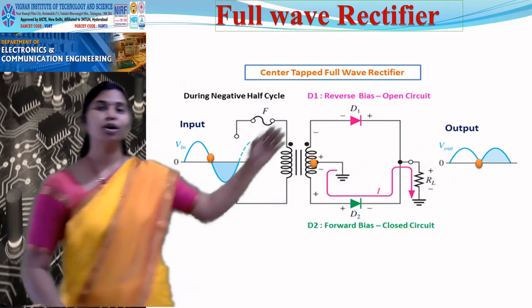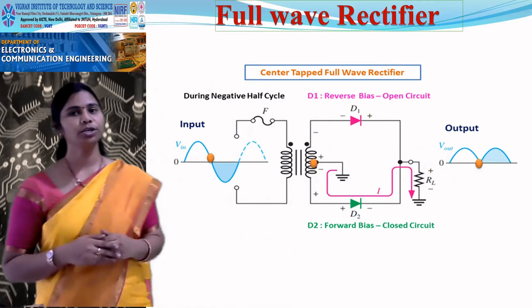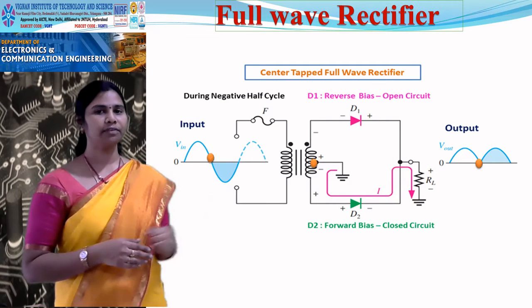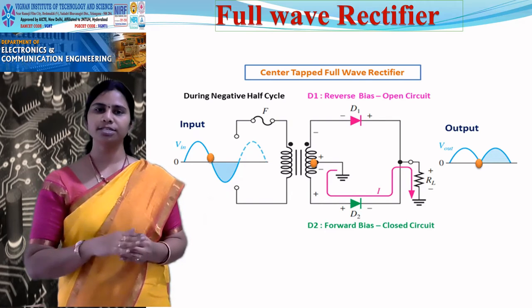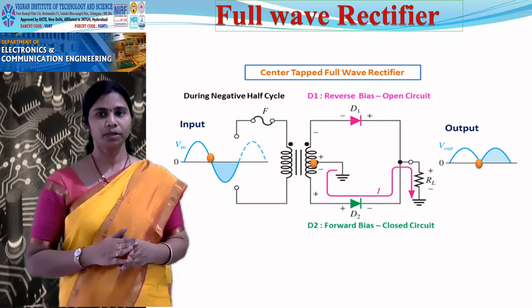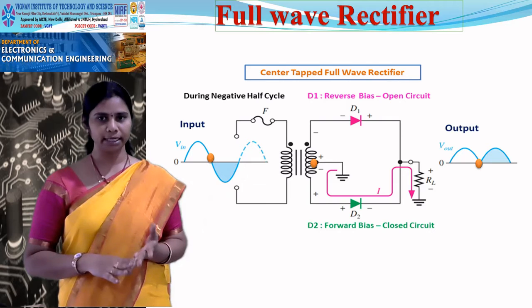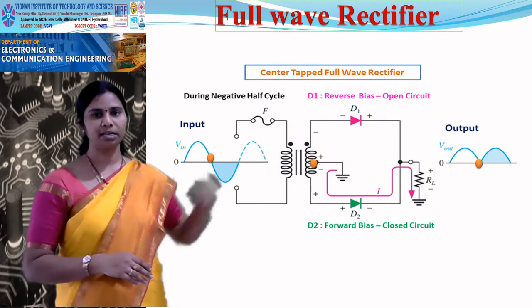But still you are unable to see pure DC. What do you call it? You call it pulsating DC. Because this full wave rectifier, you are able to get output for positive and negative half cycles, but it's not pure DC again. It's not a constant direct value. Still you have pulses in it. Still you have ripple content in it. Still you have AC content in it. So this is a pulsating DC again.